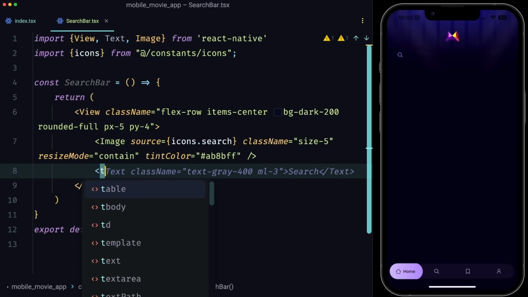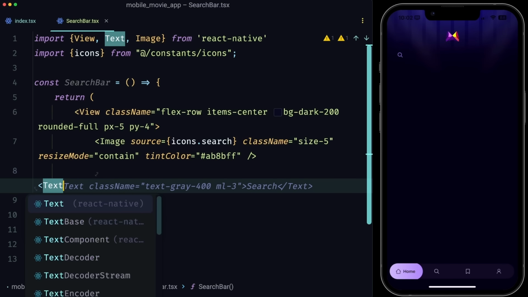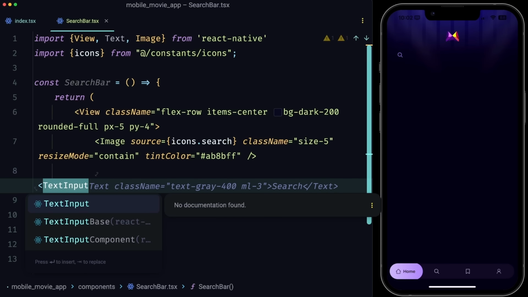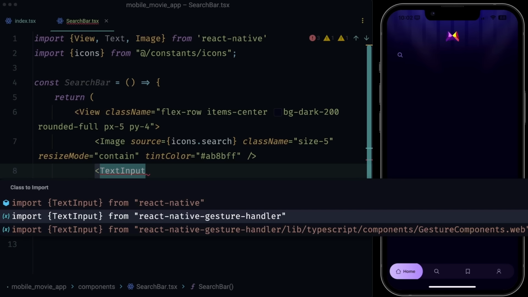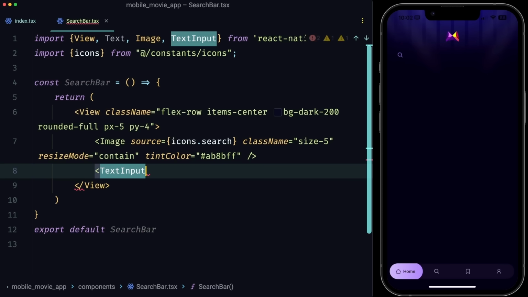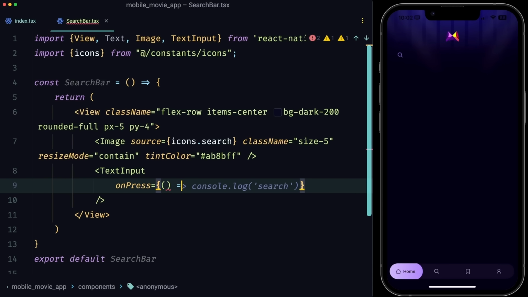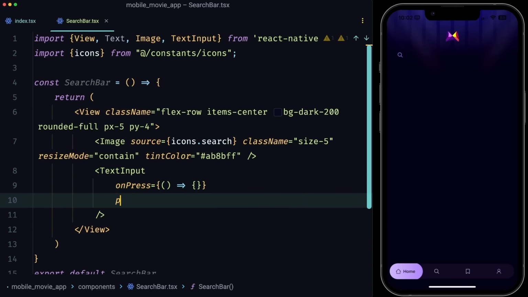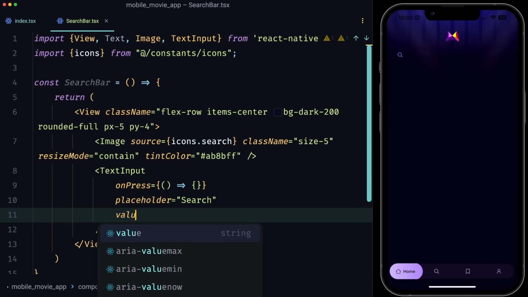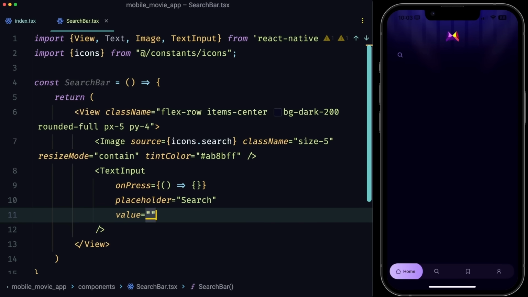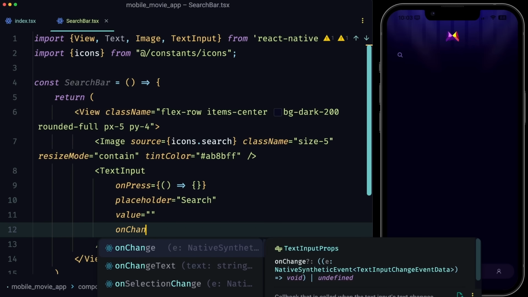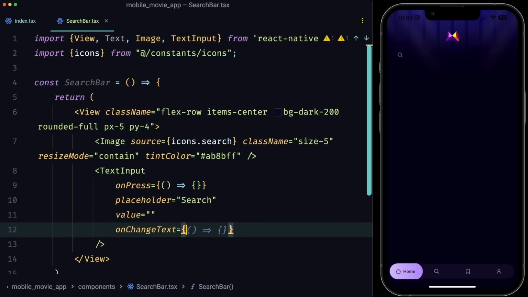Below it, we can render a text input. Okay, so a text input is like an input component in React or in regular HTML, and it allows you to pass similar things to it, such as the onPress functionality, which for now I'll just leave as an empty callback function, a placeholder that you can pass to it, which can be something like search for now, a value, which can be equal to an empty string for now,